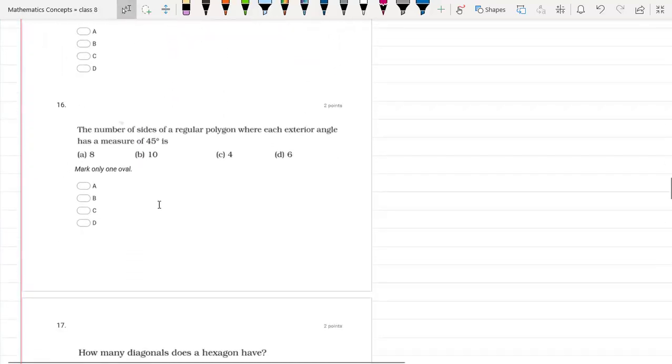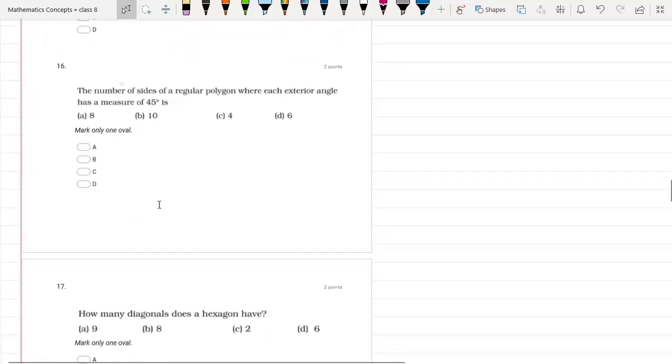Now, the number of sides of a regular polygon where each exterior angle is 45 degrees. We have seen the formula. Number of sides into measure of each exterior angle is equal to how much? 360 degrees, because I have told you in the last question also, in that triangle question, that the sum of exterior angles is fixed for any polygon, that is 360. The formula is number of sides, that is n, into measure of each exterior angle in the case of a regular polygon equals 360. This formula is for regular polygons only.